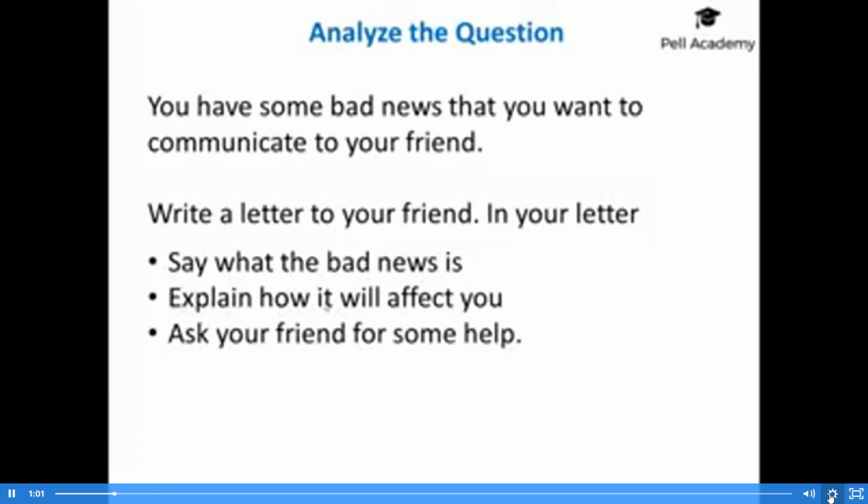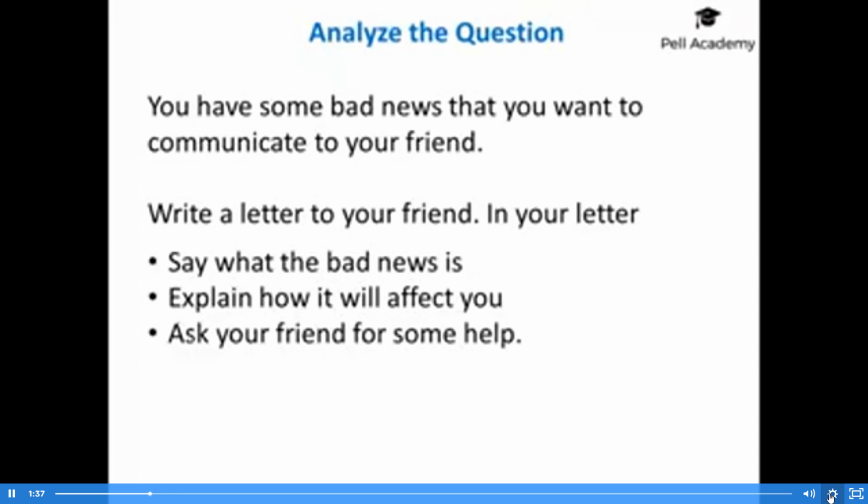Okay, the next prompt, explain how it will affect you. So again, that's just to do with your feelings and with the changes to your life. So there, again, when you're saying what the bad news is in the second paragraph, try not to mention too much about how this is affecting you, because if you put it in paragraph 2, then you don't want to have to repeat yourself in paragraph 3. So try not to cover any information in earlier paragraphs that you're required to tell in the later ones.